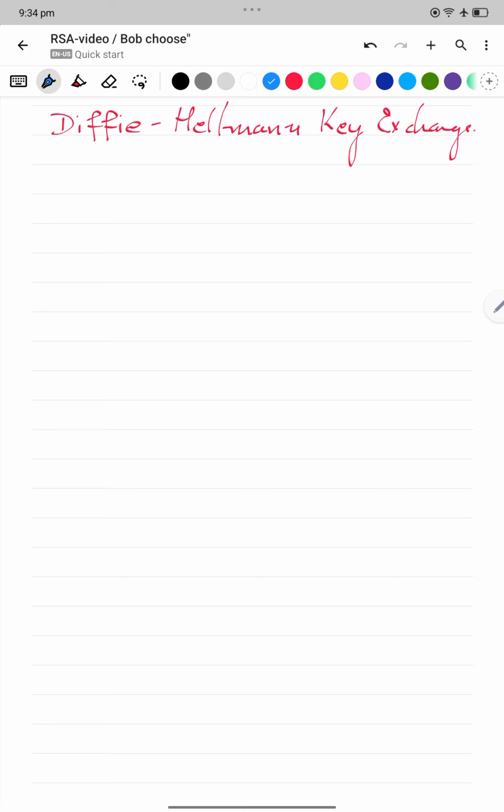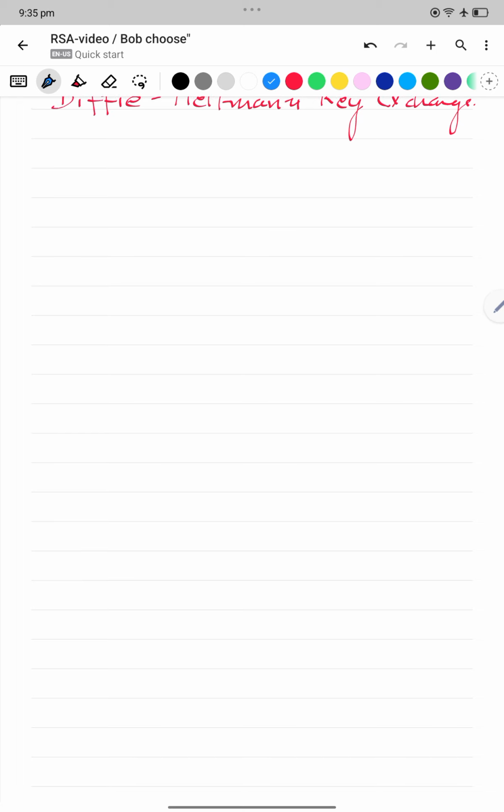So the whole objective is to keep the key secret from any other party. It is just the two parties who are communicating who have the key. So let's try to see this. So say we have two parties, Alice and Bob,